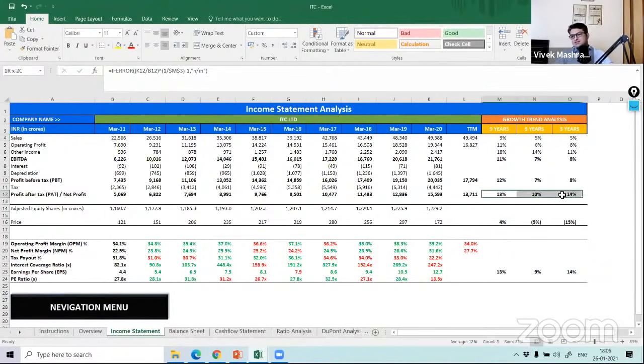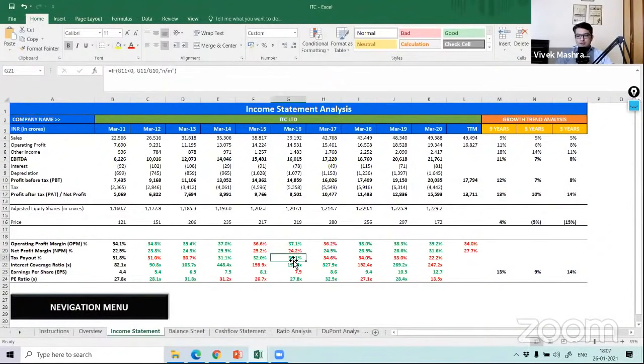Profit growth decent. Again, very average normal profit growth, nothing very special. Ideally I would get excited if the growth is more than 15-20%, but it is very nominal. Any company in India which is a normal average company will grow with this growth rate. So I'm not finding anything exciting here.